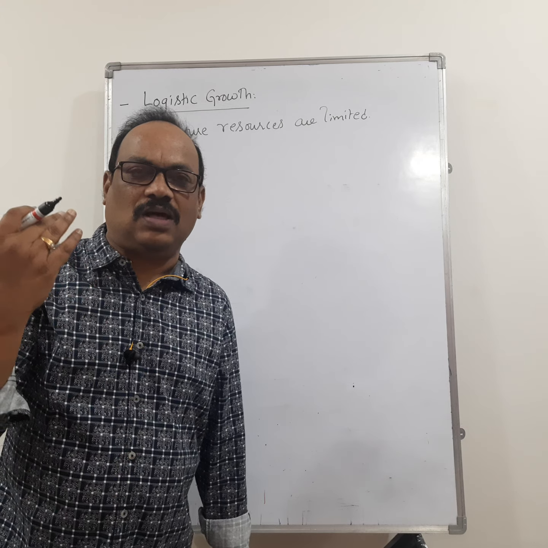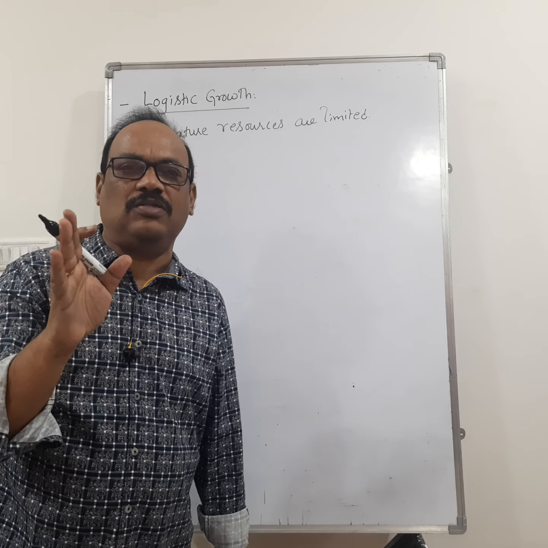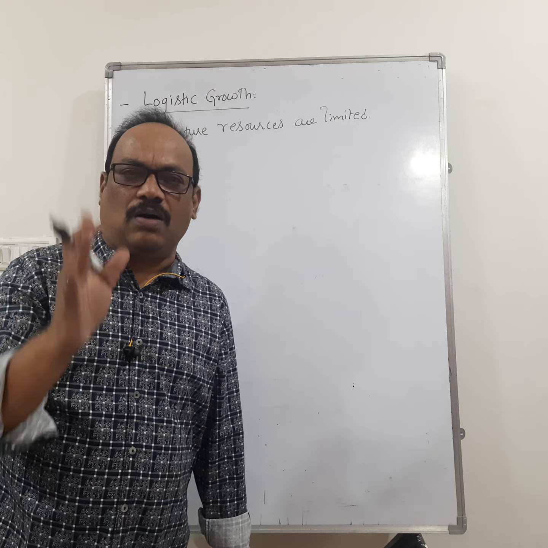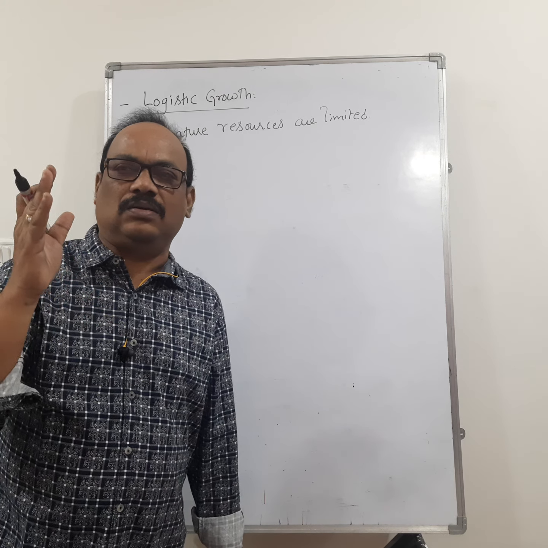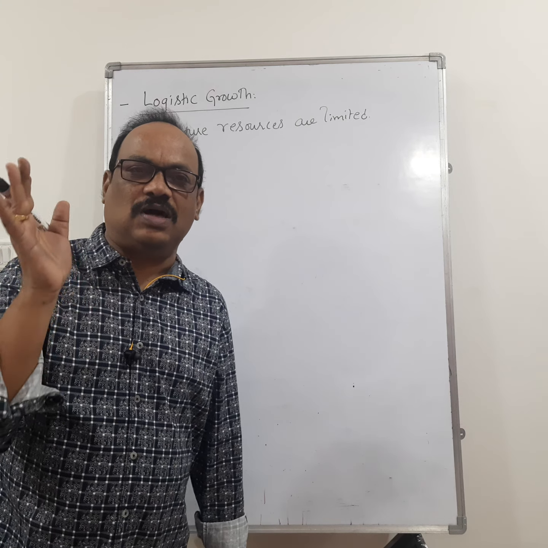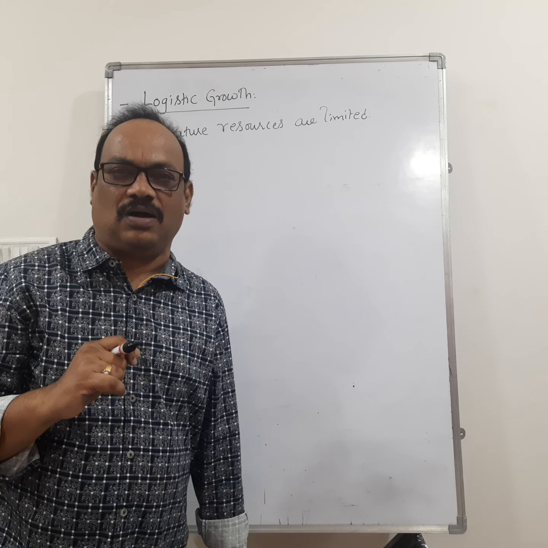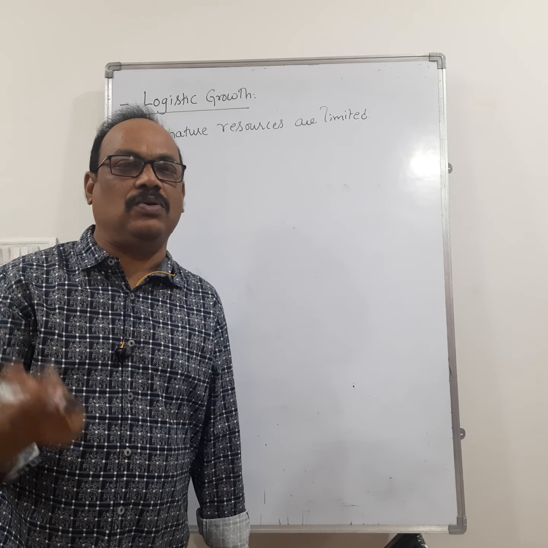If the resources are limited, competition occurs among the individuals of the species. So due to competition, what will happen? One of the species will survive and the remaining will die. The species which survive are called the fittest species according to Darwin. So the fittest species will survive and reproduce.